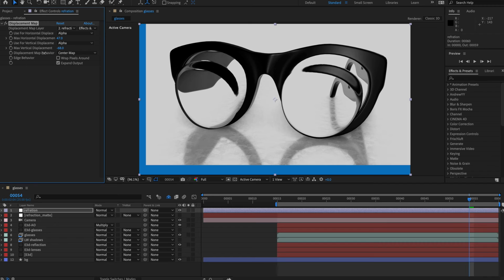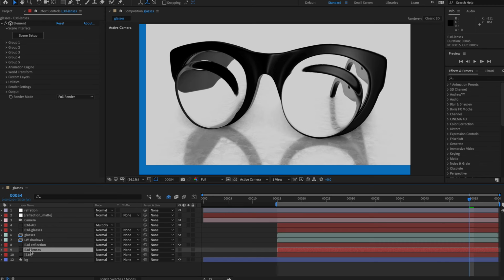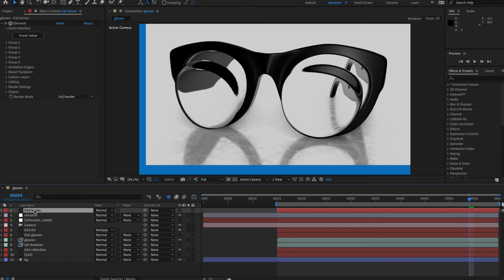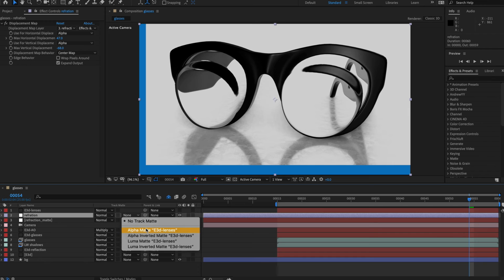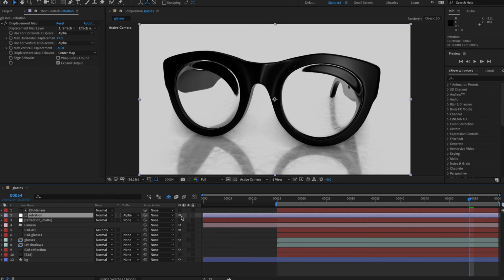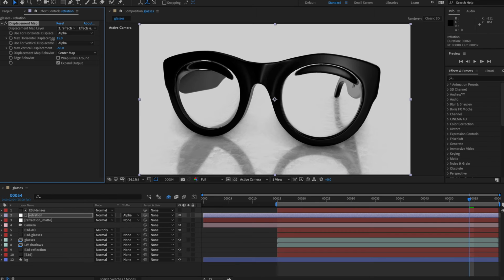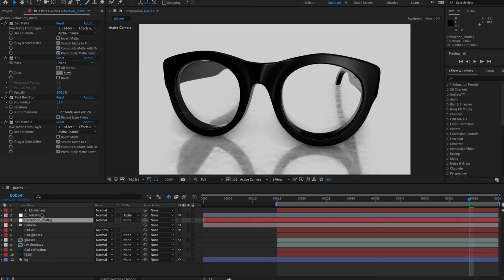So we're nearly there. We just need to crop out all of this and keep it to within our lenses. What we're going to do is go to our Element 3D lenses, move it to the top, and use that as an alpha matte for our distortion. So without distortion, and have slightly more sensible settings so we don't go too far. And again, we can blur the edges depending on the falloff and the amount of effect